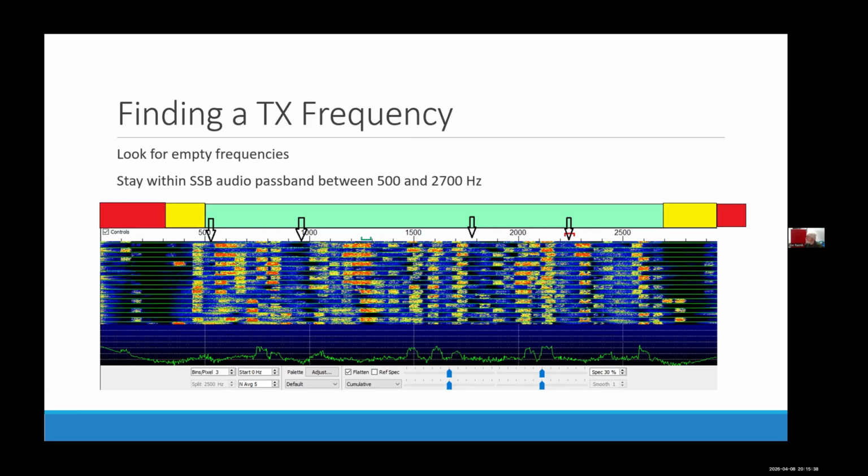I've marked a few places with the black arrows. So you just monitor for a while and see where nobody else is transmitting, at least that you can hear. Then you set the mouse above one of these empty zones and do a shift click to set the transmit frequency, which is this little red inverted U here. And there's a frequency control down in the control section of the main window if you want to tweak the frequency